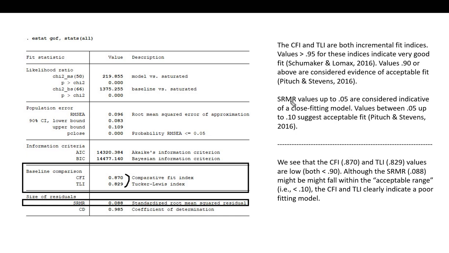acceptable fit. You can also see that we have the standardized root mean squared residual, the SRMR, and so values up to about 0.05 are considered indicating close fit. Values between 0.05 and 0.10 would be considered acceptable fit. So you can see that we have a value of 0.088, which might be considered acceptable, but as we look at all of the other fit indices, we have evidence that our model is not really fitting all that well